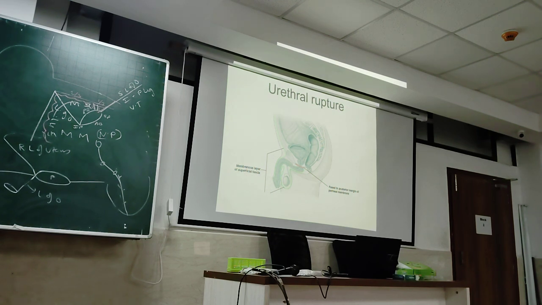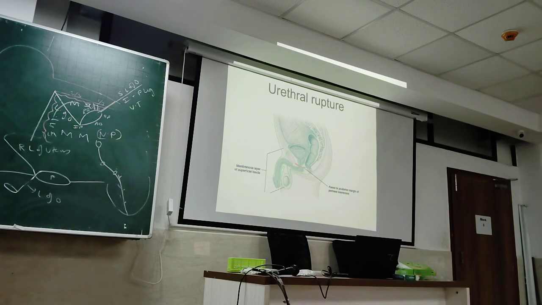So I repeat again: rupture of the perineal urethra cannot go to the gluteal region because the Colles fascia is attached to the perineal membrane. Urine can extravasate into the scrotum in the plane deeper to the dartos. Don't confuse this with hydrocele. Hydrocele is a collection of fluid between the two layers of tunica vaginalis. This is a collection of fluid just deeper to the dartos, outside the external spermatic fascia.